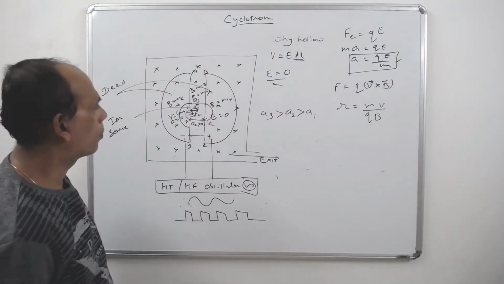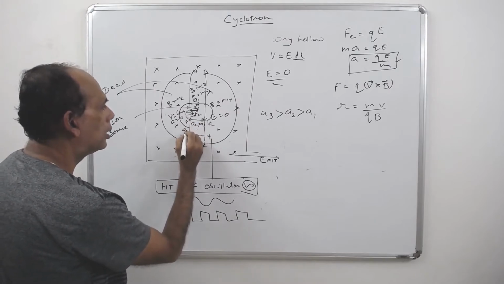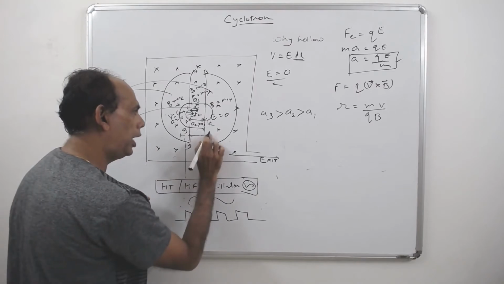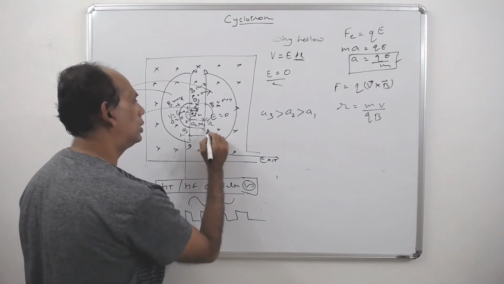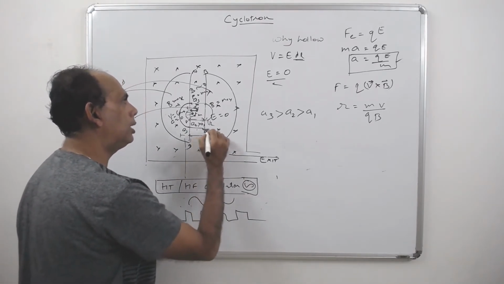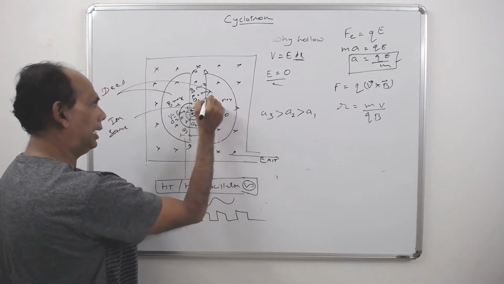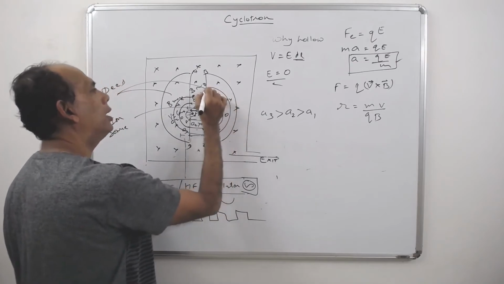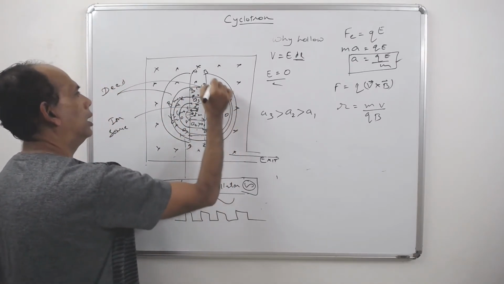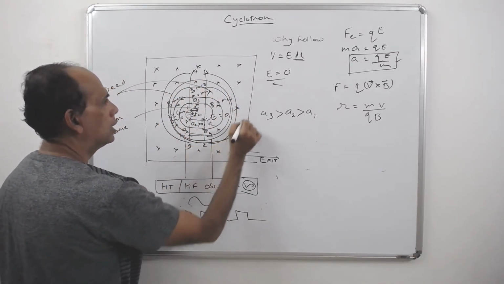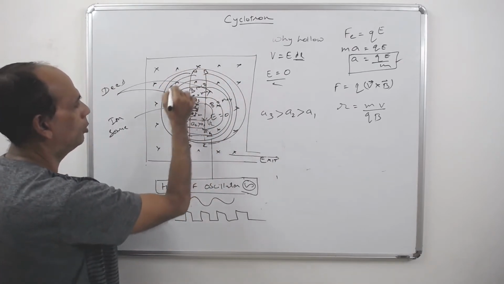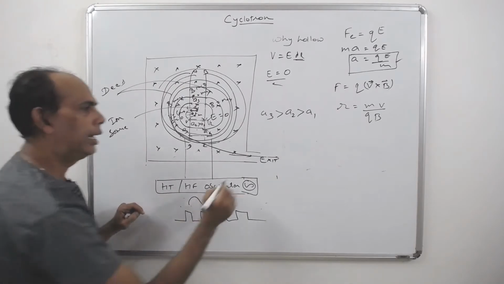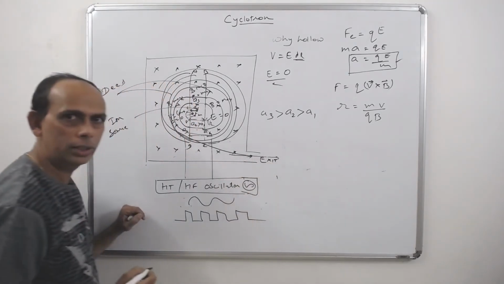Acceleration remains 0. Here it comes with the same A3, but it gets accelerated because of the change in the potential and goes with another acceleration. So it takes a bigger radius, goes that side, again gets accelerated, takes a bigger radius, goes that side, again gets accelerated, takes a bigger radius, and goes and goes. In such a way that my D is so small now that it comes out of this axis.